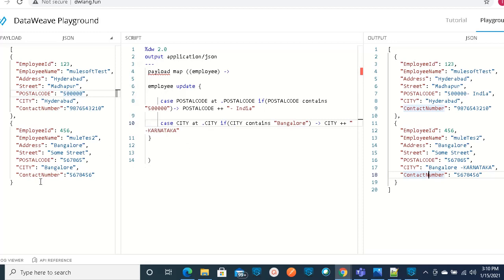If the key value pair is already available, then it will update that value, just like an upsert operation in Salesforce or any other tool. Whenever the value is there, it will update. If the key value pair is not there, it will insert. Okay, let's see that example as well.